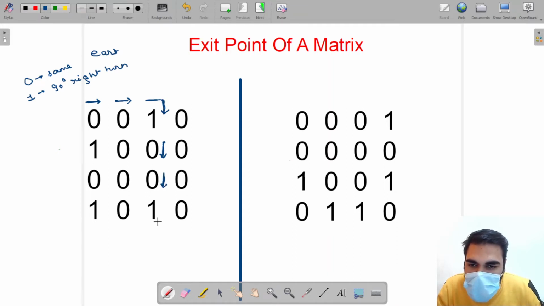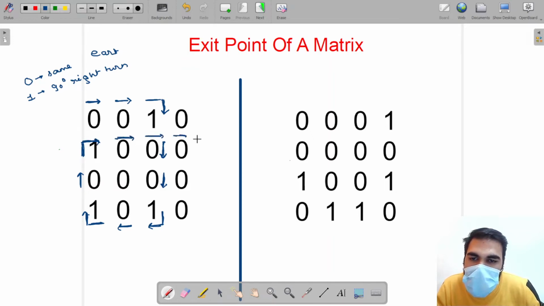You encounter 1, so you shift your direction with a 90-degree right turn. Again same direction. You encounter 1, 90-degree right turn. 0, same direction. 1, you move with a 90-degree right turn. 0, 0, 0. So here you leave the matrix.